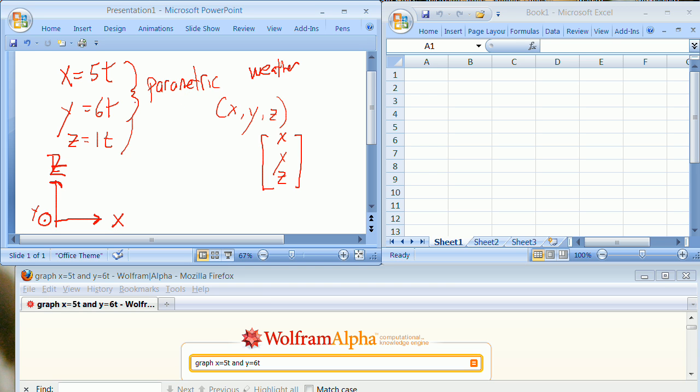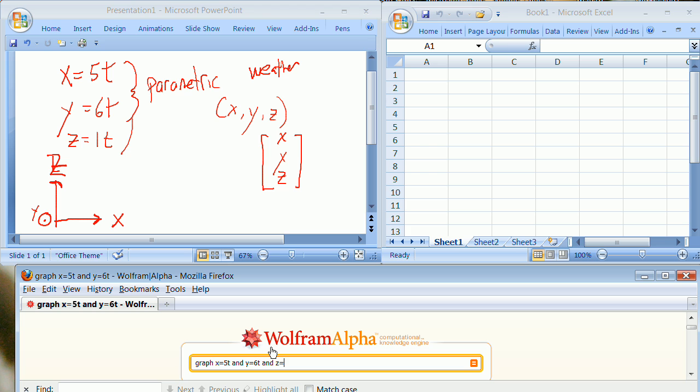So you'll see that this form of equation is probably the single best way to deal with the kinematic equation. And you do things by kind of getting rid of t here by substituting in one thing for the other. Over here we can do the same process for this graph, and down here we'll try that one right away: graph x equals 5t and y equals 6t and